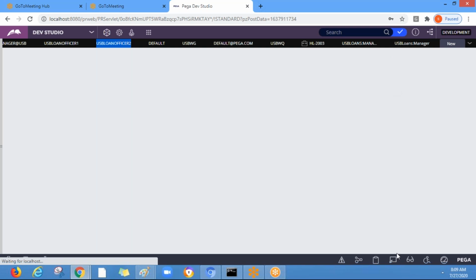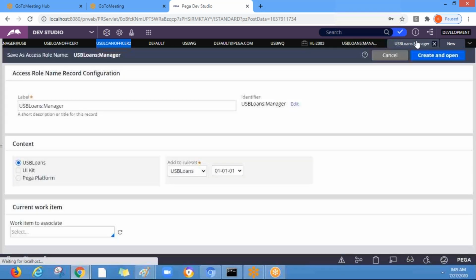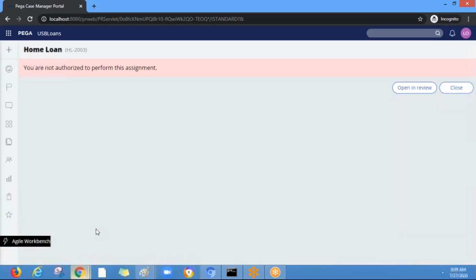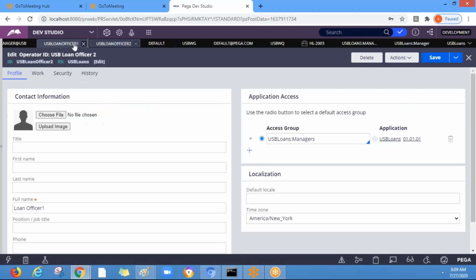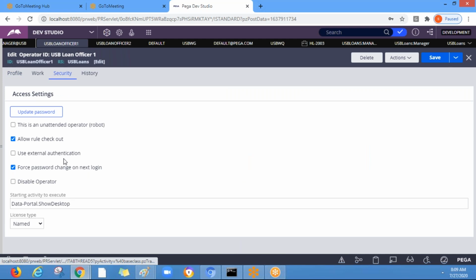So you don't need to do these things. Okay, you don't need to change anything. Let me, I think it should allow by default actually. You are not authorized to perform loan officer 1, right? So there are no restrictions here.